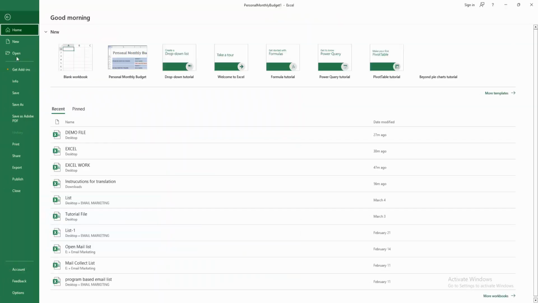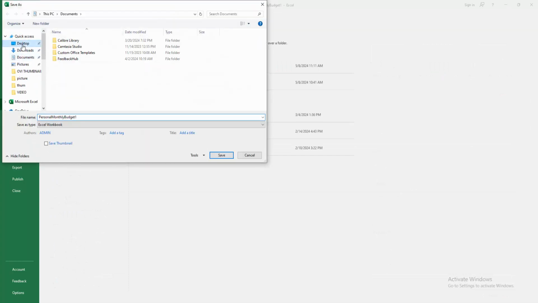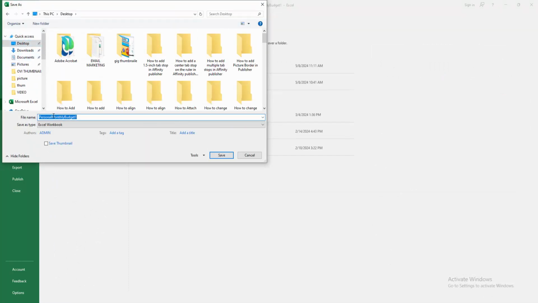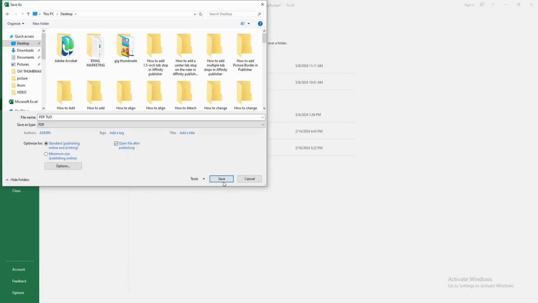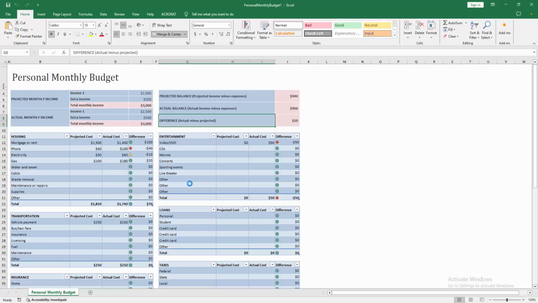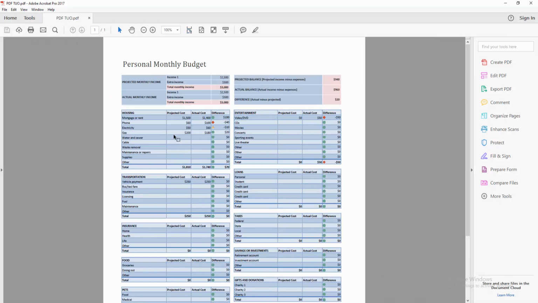Go to the File menu. Click the Save As option. Then choose Browse. Then choose the file location where we want to save the file. Then write my file name. Then select the Save As type drop-down menu and choose PDF. Then click Save. Then wait a moment for the file to save, and we can see the PDF file is opening